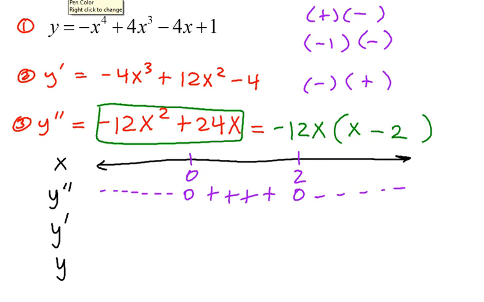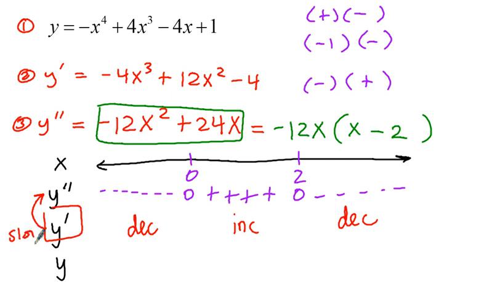Let's remember, y double prime is the derivative of y prime. If the derivative is negative, then the function decreases. If the derivative is positive, the function increases. And next, this means slope. If the slope is decreasing, the function's concave down. If the slope is increasing,